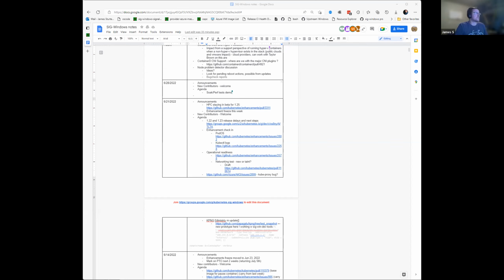I don't know if we have too many announcements. We froze last week, and so we've gotten into coding, and I think it's early August. I have to look up the dates for the code freeze. So we've got a few weeks here to get the work done. Does anybody have any announcements that they would like to share with the group?